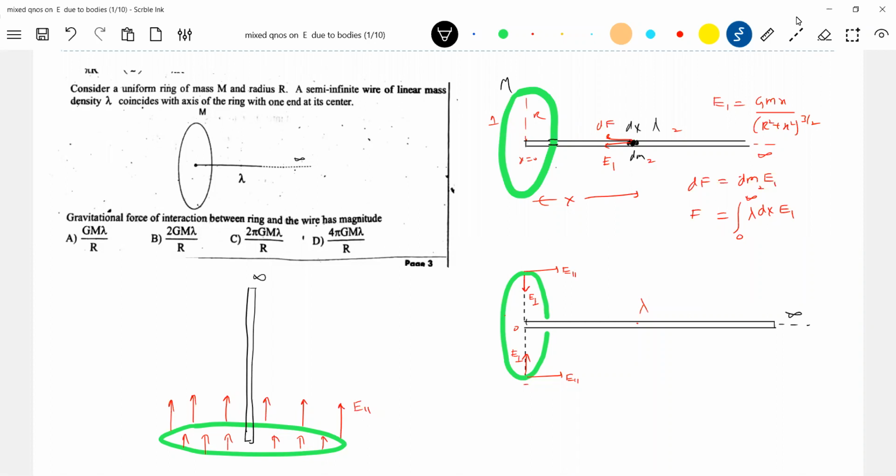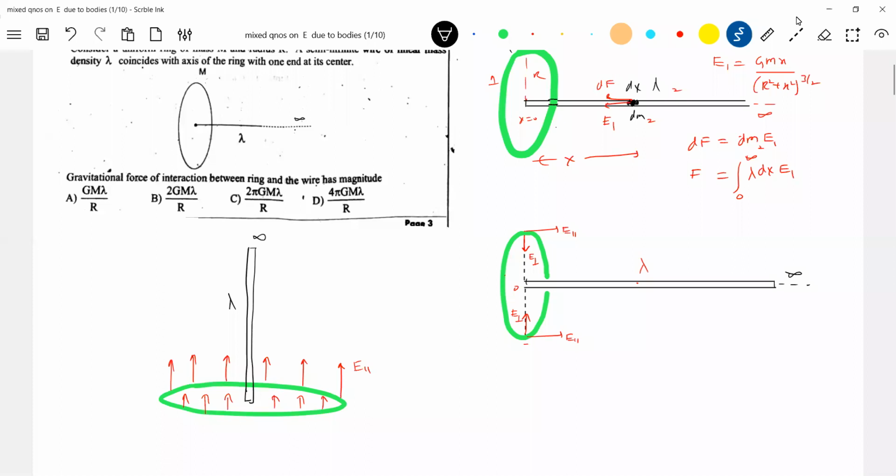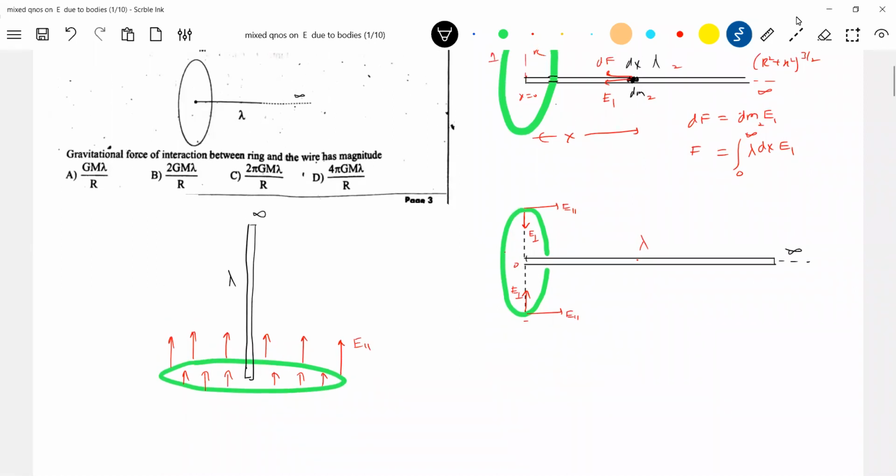Okay, fine. So this end is infinity and this is a rod. It will produce E parallel everywhere. What about E perpendicular? E perpendicular will be perpendicular to the rod everywhere. Everywhere it will be acting. So you go for one more diagram. If you want to show only E perpendicular,